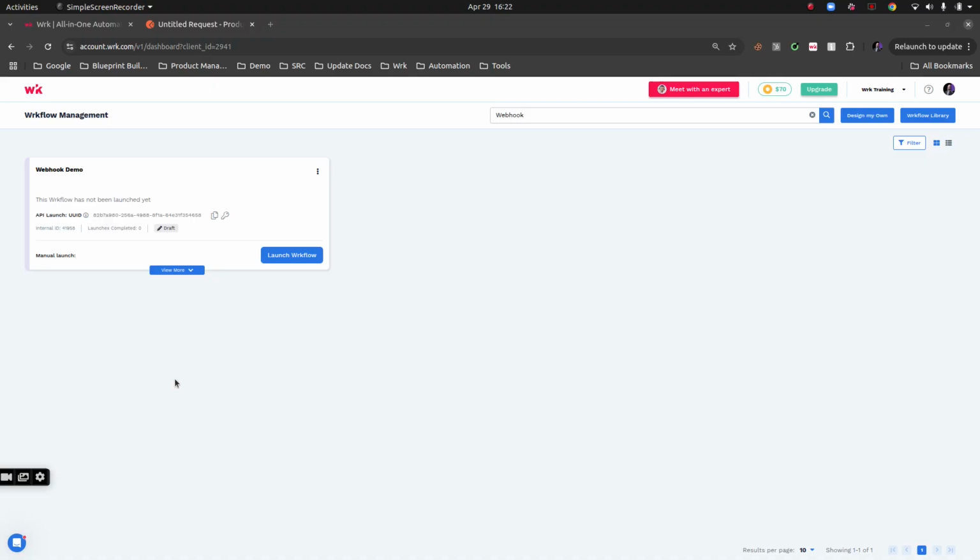So I've got my workflow in front of me here called my webhook demo. And to enable webhooks, I'm going to click View More, and then I'm going to click Generate URL. And from here, I've been given a new webhook URL that I can use in my other application. So I'm going to save this for now, and I'm going to show you how to configure your workflow to use the webhook. So if I go in and edit,